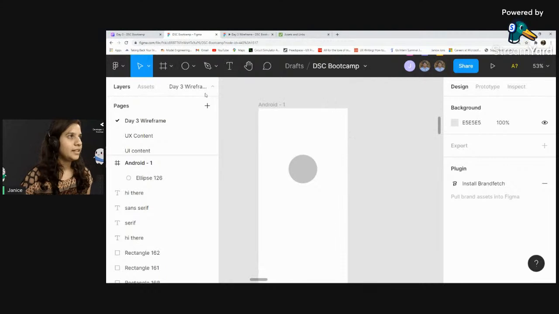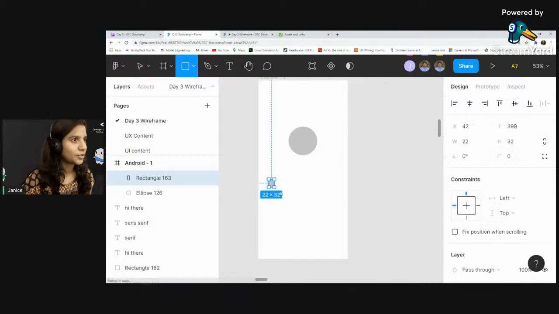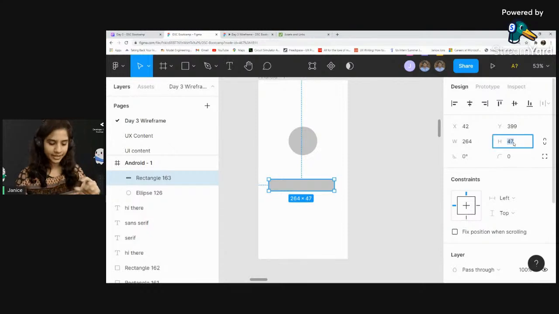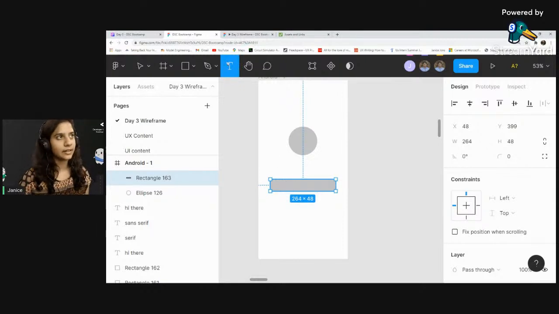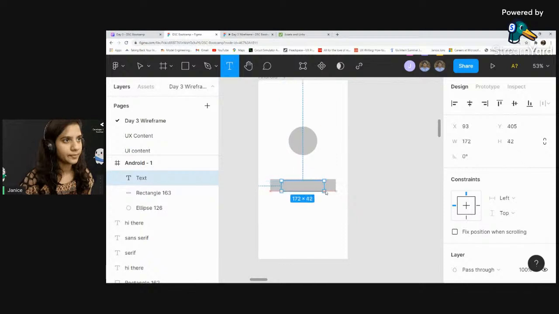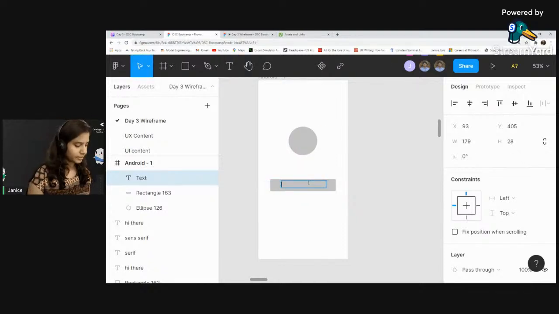Now the next thing I need is a sign-in button. So I'm just going to take a rectangle tool and create a button. Now, the average height of a button is 48 pixels. So I'll just create a button like that, align it to the center, and then create a text using the T icon here. I'll just create a text here and put